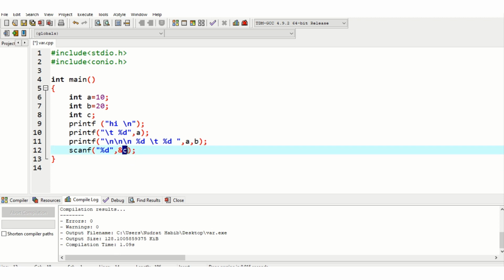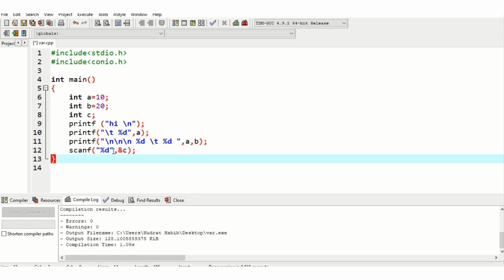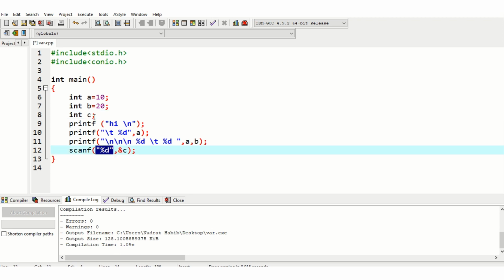Here we are asking the user to enter a value, but then we have to enter that value in that specific memory location. The memory location is already named C, but we need to store the value entered here inside C. So we have to give the address of C. So this symbol is very important using scanf. If you don't use this symbol, the compiler will give an error.